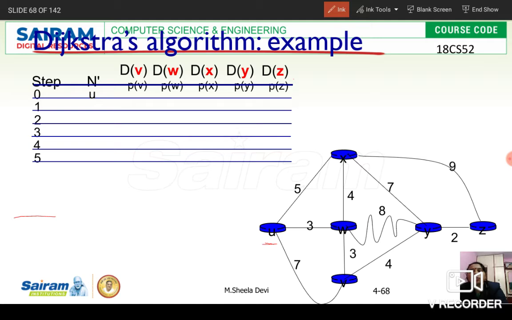Okay. So from u, this destination v is directly connected. Is it adjacent to u? First we have to check. Check this. U and v are directly connected. It is adjacent. What is the cost? It is 7. So you can write it as 7. And x, yes, it is directly connected. The cost is 5. And y is not directly connected, so you have to mention it as infinity. And w is directly connected. So 3. Z is also not directly connected, so I will mention it as infinity. Clear?